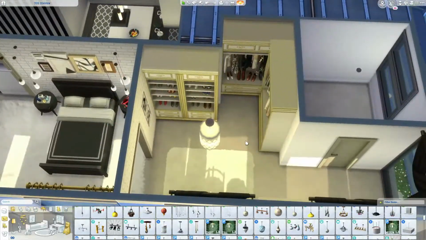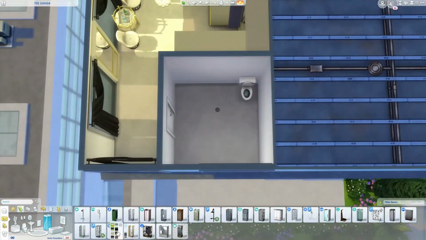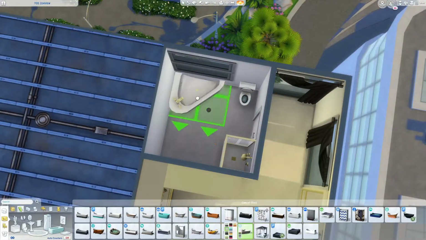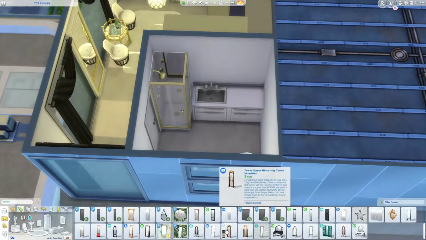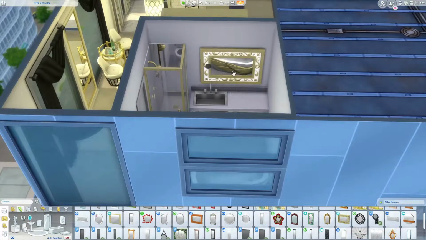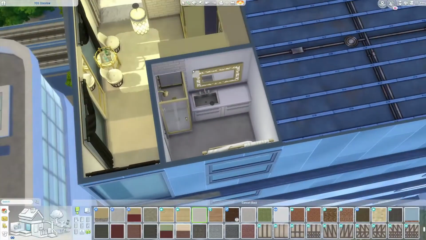So now that I'm done talking about all the annoying stuff, basically on the second floor we have the bedroom next to the stairs, and then we have the huge walk-in closet for this model because obviously she has to have lots of clothes, a huge wardrobe. And then the last room over here is the bathroom. So I used a lot of